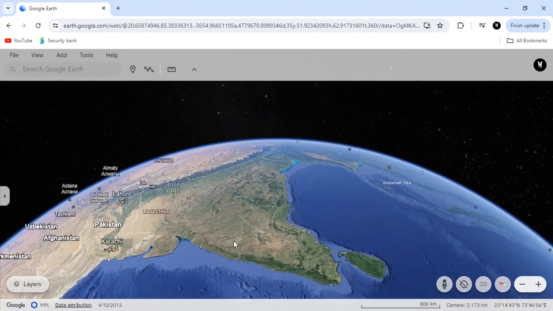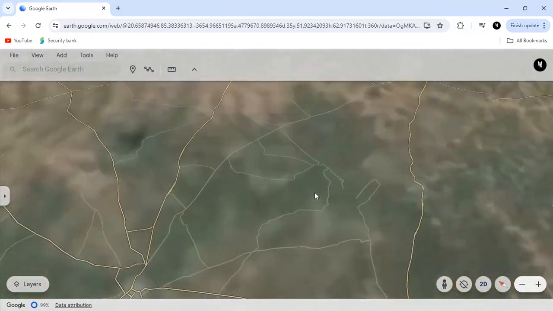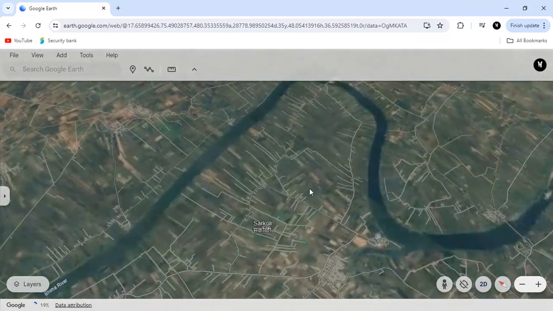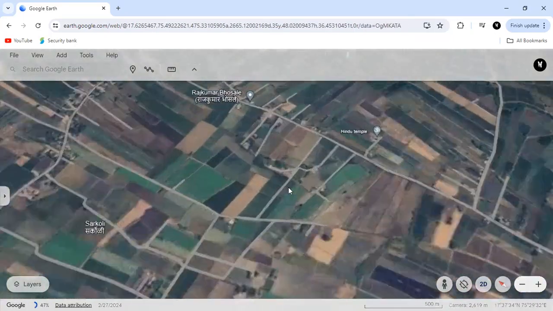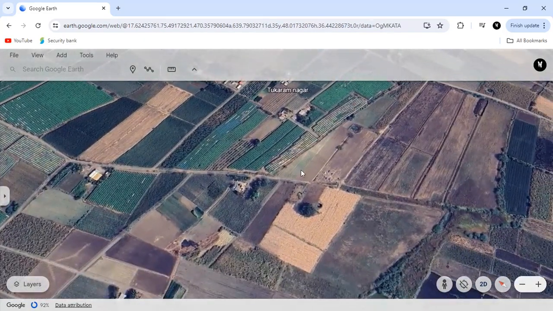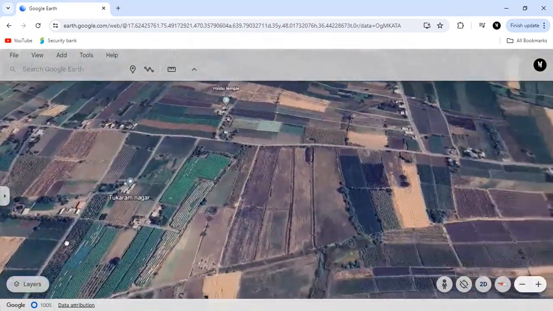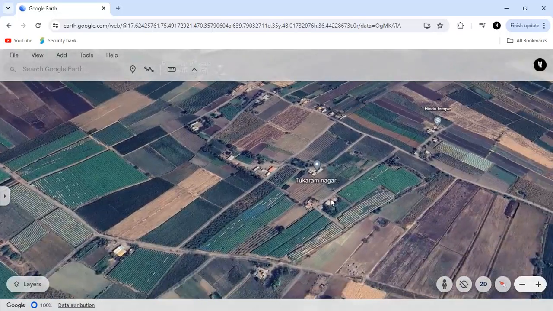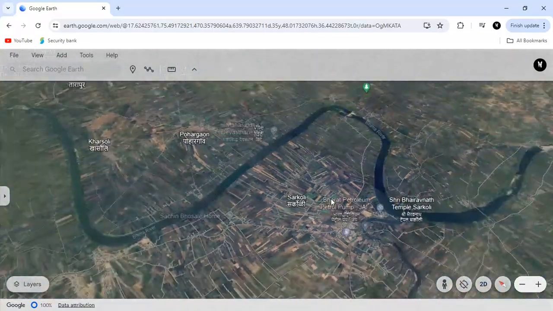Now, this works exactly the same as Google Maps. It's just made more for entertainment compared to Google Maps. Now you can also hold the Control key while